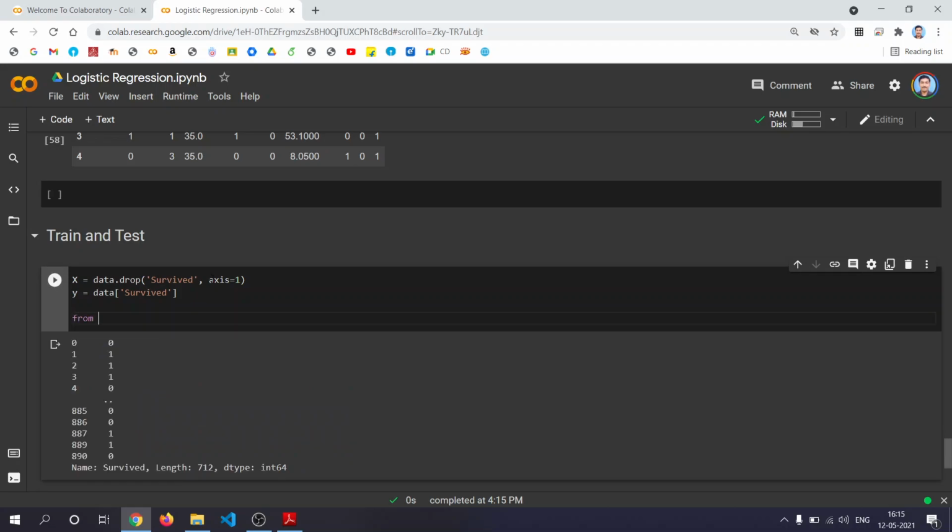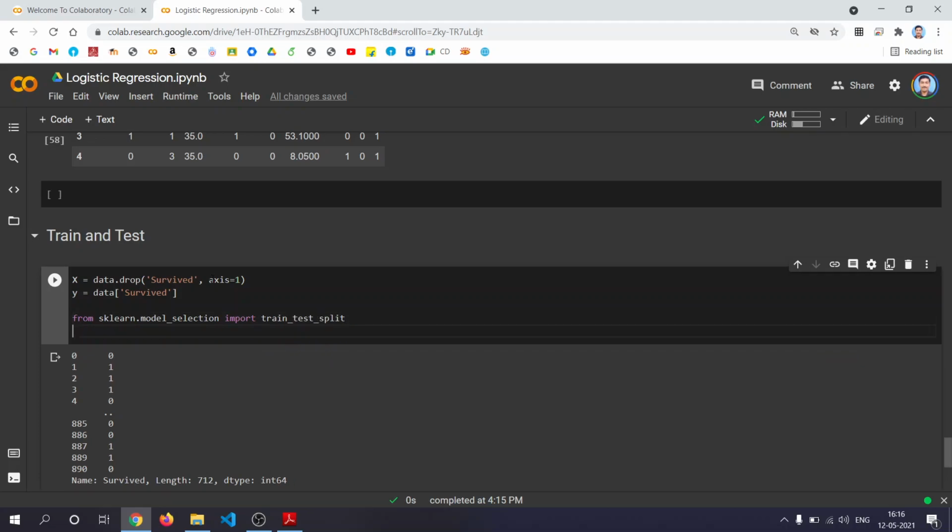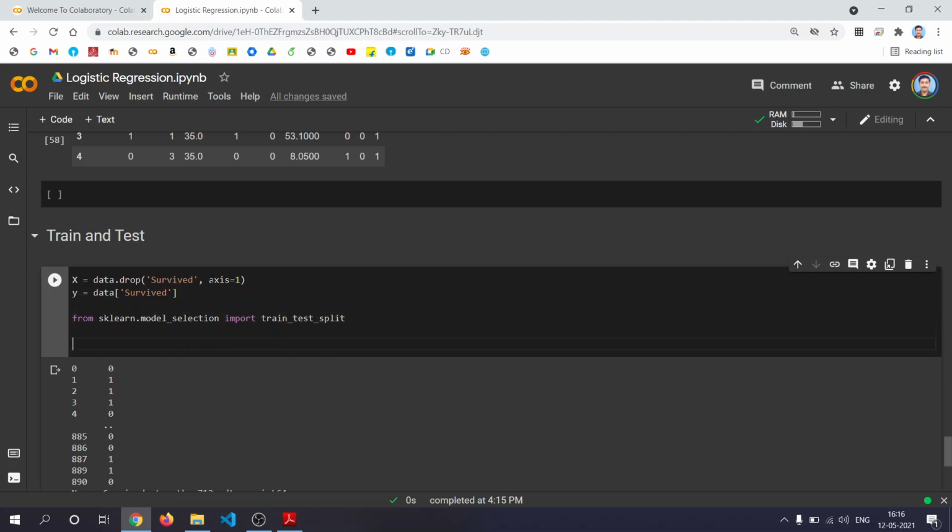Now we'll include the sklearn library, from sklearn.model_selection we import train_test_split, which is a method used for splitting your data into training and testing.